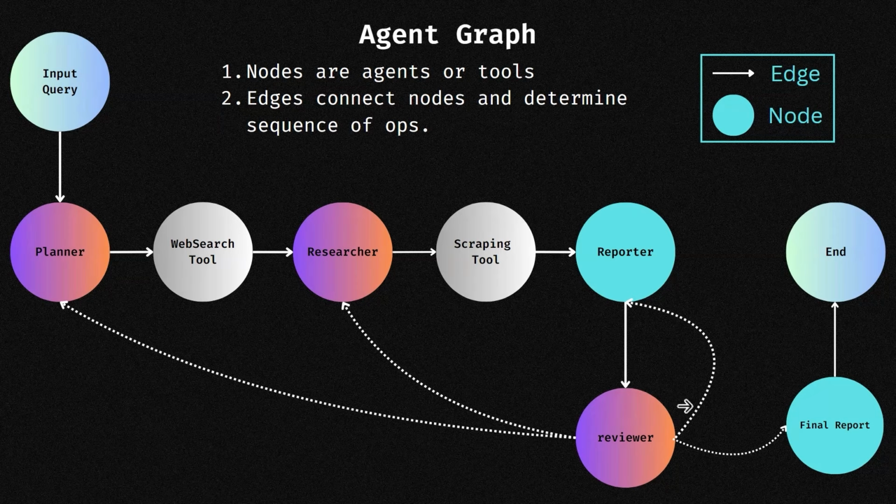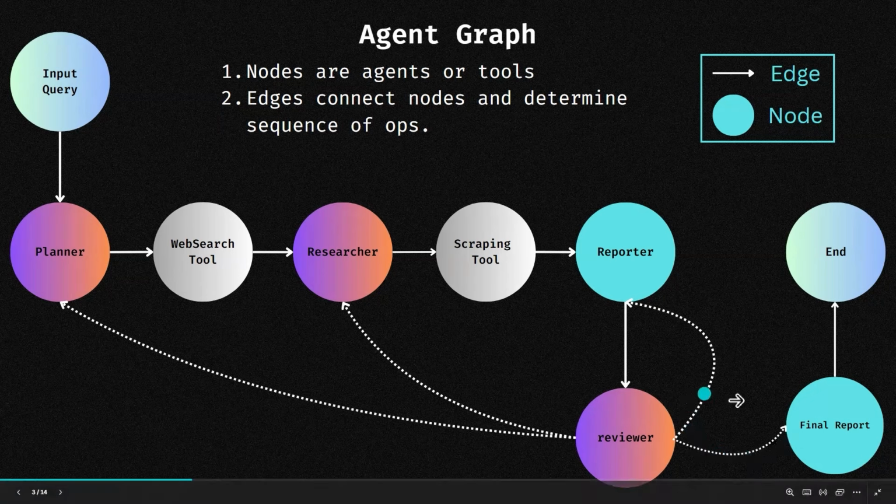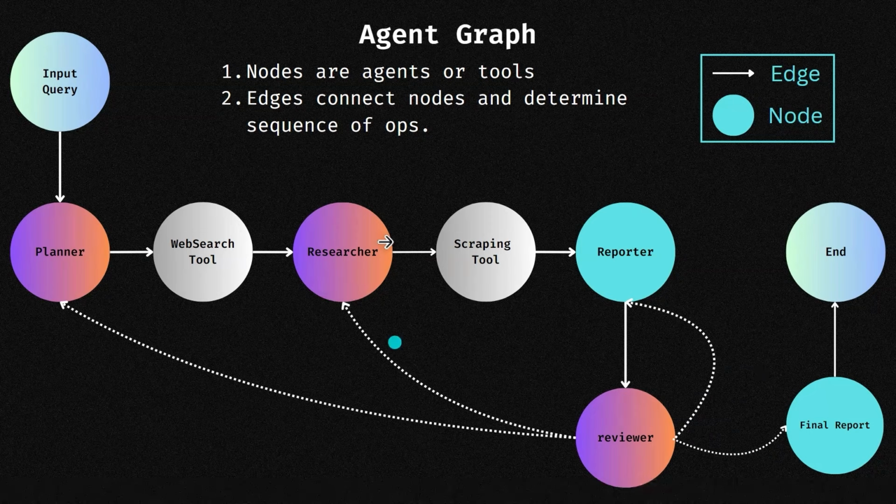And then thirdly, if it had passed the quality assurance, it would route to a final report. And you can see that arrow there following that. Or it would route back to one of the agents in the pipeline, and that would depend on exactly what needed to change in the report. So if there was a formatting issue, it might route back to the reporter, so the reporter can deliver the answer in a different format and it'll provide some feedback. If there was an issue with the source, it would route back to the researcher. If there was an issue with the actual method or if there were additional data sources, it should route back